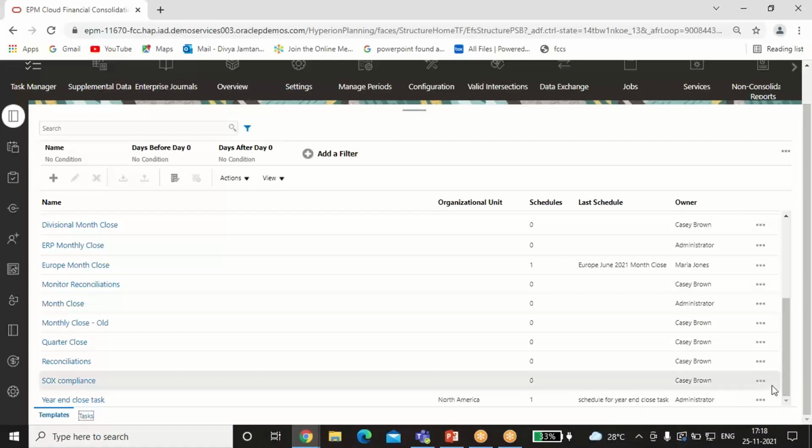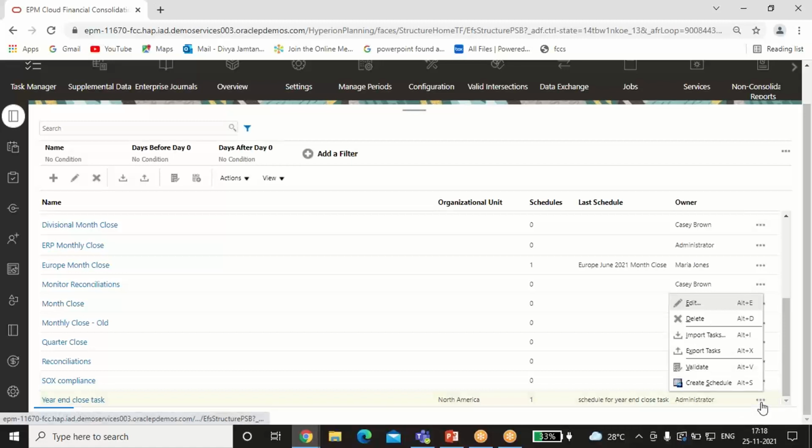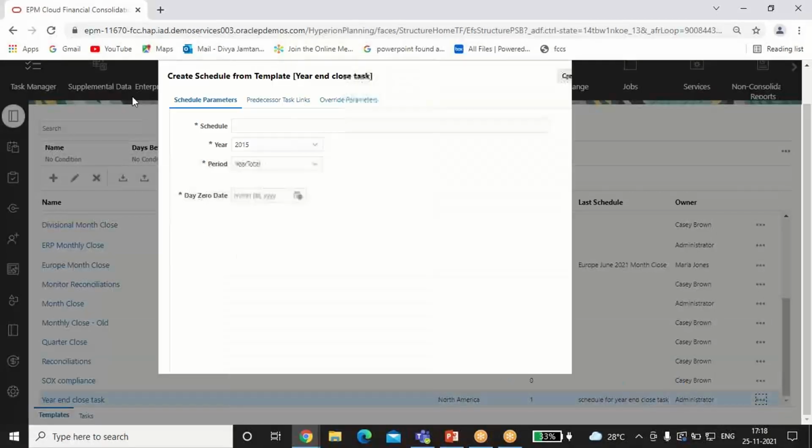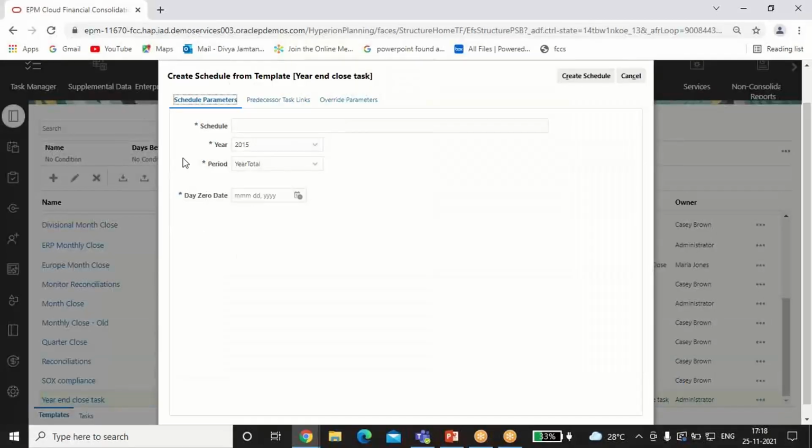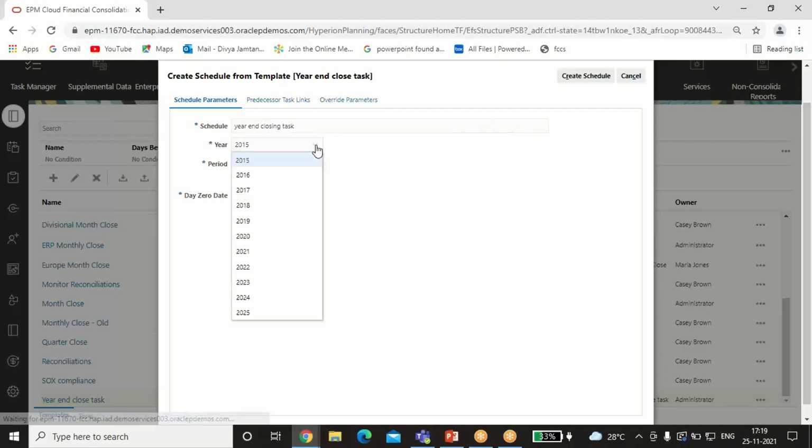Select the template and then create the schedule. I'll create a schedule for year end close task for 25th December 21.